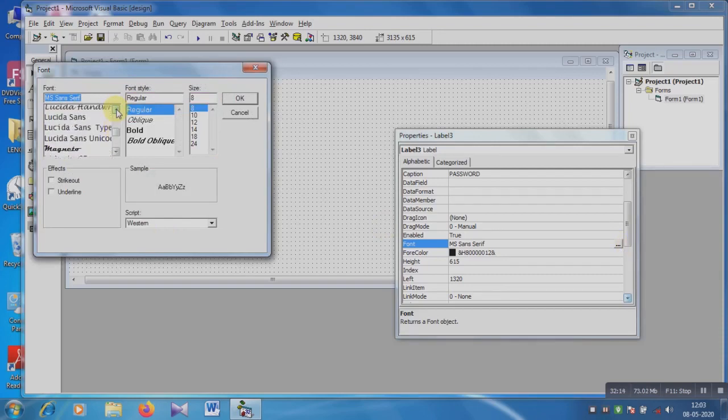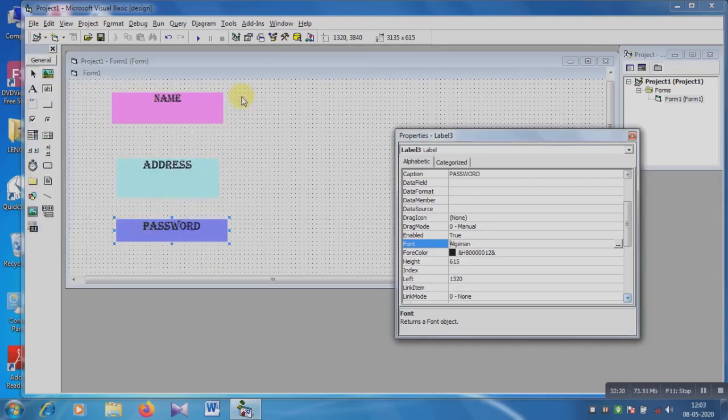Font style again changed, this is Algerian 16. Okay, you can change font color also.